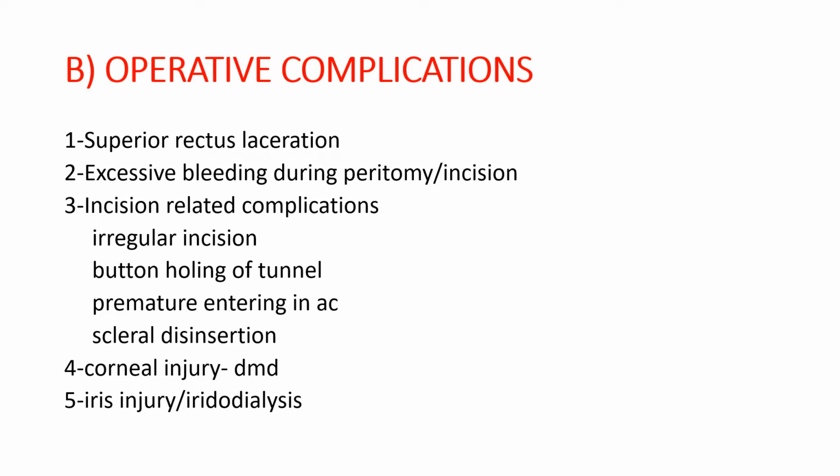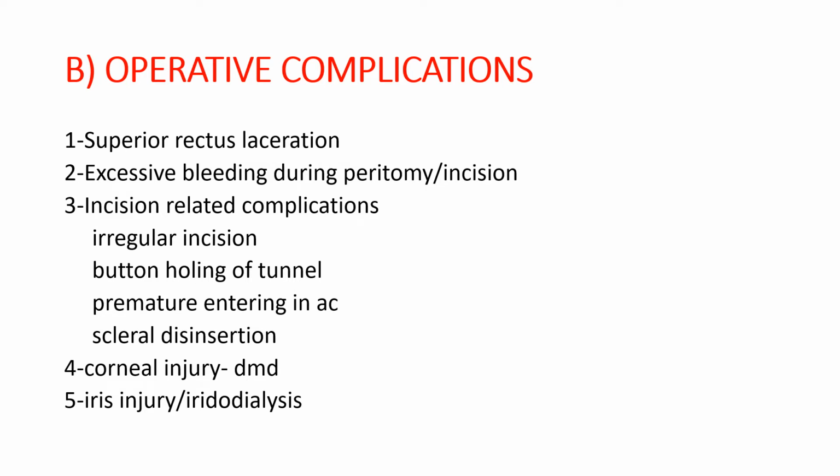Second is excessive bleeding during peritomy or when the incision is being made on the sclera. Third is incision-related complications. While making the incision on the sclera, there can be an irregular incision due to the use of blunt instruments. There could be buttonholing of the anterior wall of the tunnel. When buttonholing of the tunnel happens, we have to abandon that particular plane and restart fresh from a deeper plane